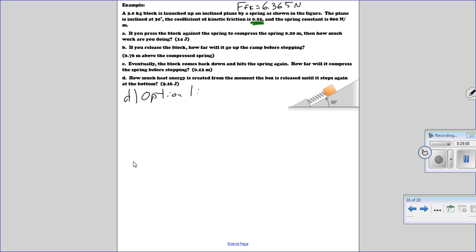After you let go of it, the only non-conservative force is friction, right? So remember, the work done by kinetic friction is equal to our change in thermal energy. Really, we're just trying to figure out how much work friction did. For us, the work that friction does is equal to our change in mechanical energy. We lost mechanical energy and gained heat energy. So option one is to figure out, when we released it at the very beginning,